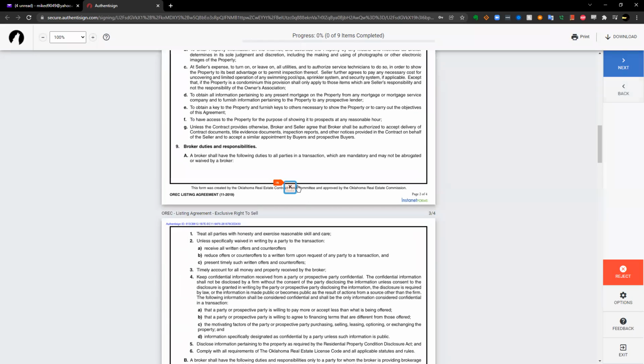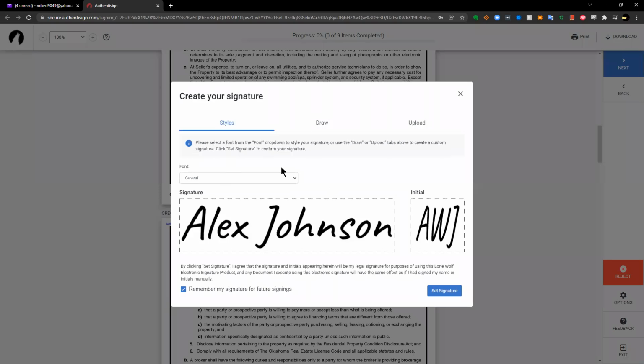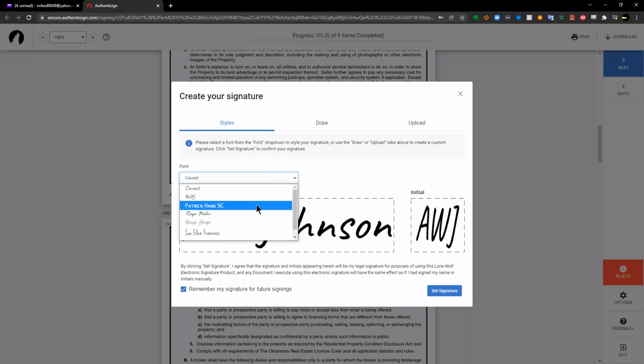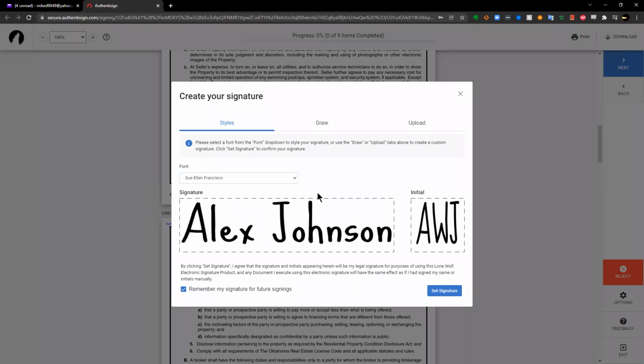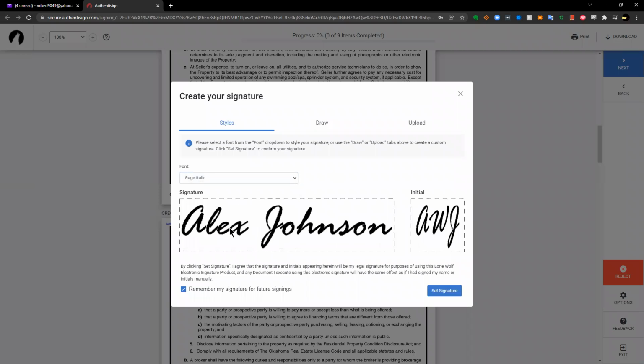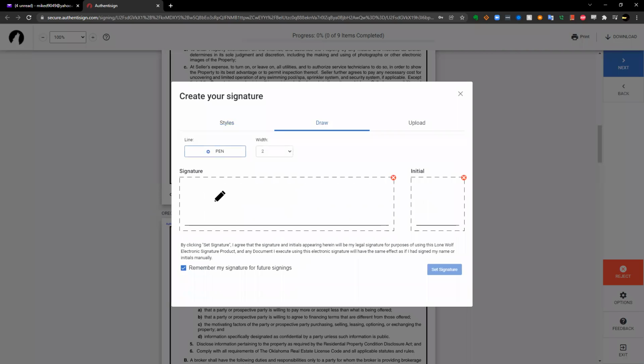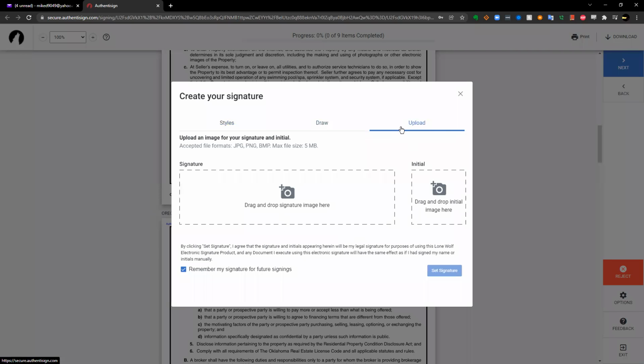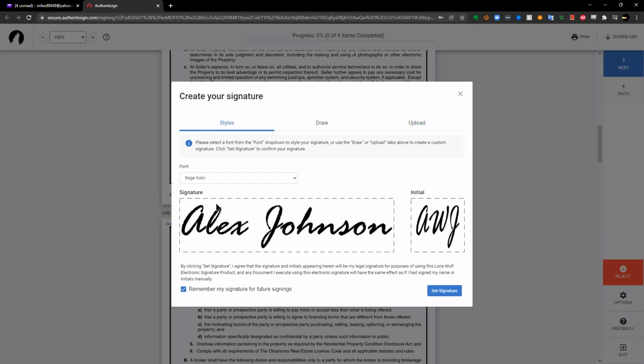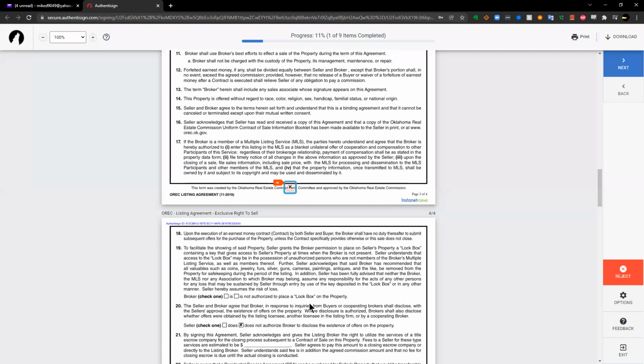But whenever you click on the first item as the signer, it's going to ask you what you want to sign as. You have a few options for different text that you can use, like if Alex really likes the late 80s, early 90s handwriting font that became popular, cool, you can put that in there. You can use the draw option if you wanted to put some drawing in there, which I don't trust my drawing skills with my mouse, so I'm not going to use that. And there's also even an option to upload something if you had a file with your signature on it, which seems not wise, but if somebody wants that, they can do that. I'm going to stick with this Rage Italic and hit set signature.